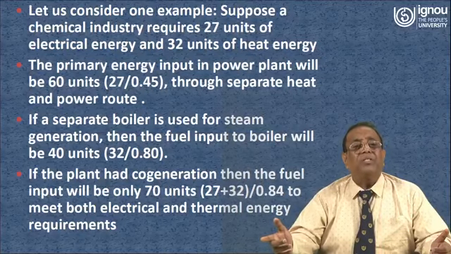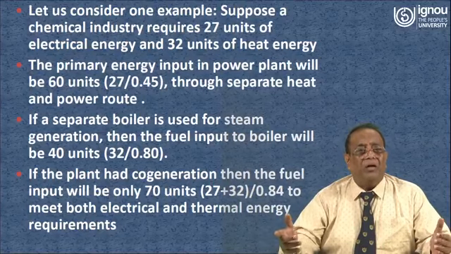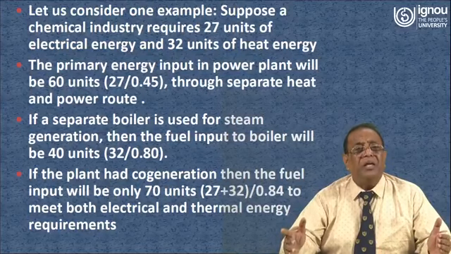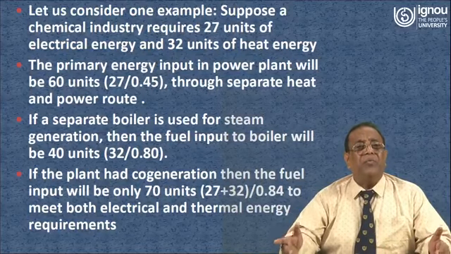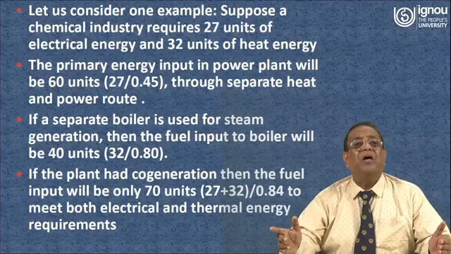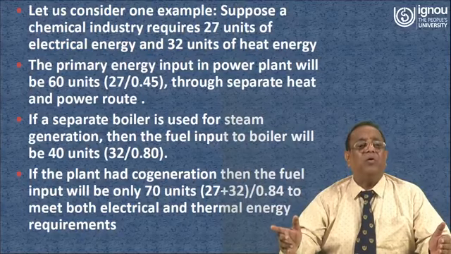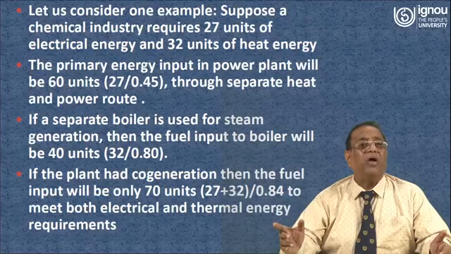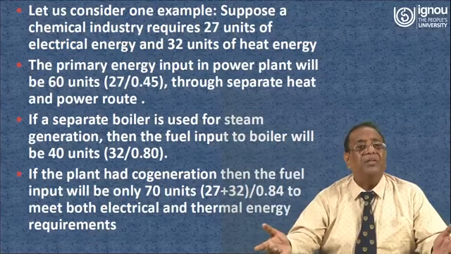If 60 units is the input energy for the power plant and the power plant efficiency is 45%, the output will be 60 multiplied by 0.45, which comes out to be 27. That is our required